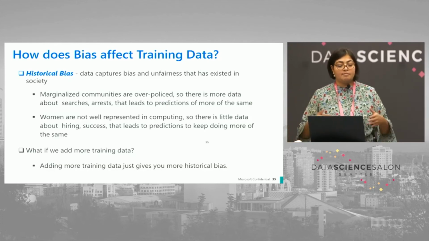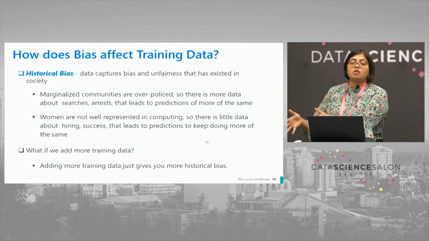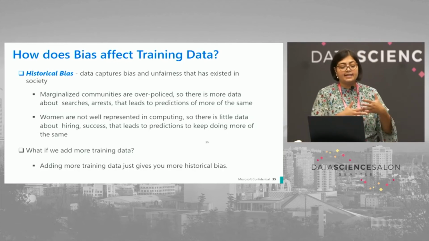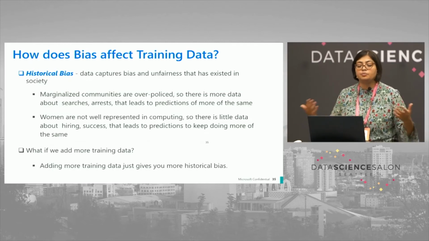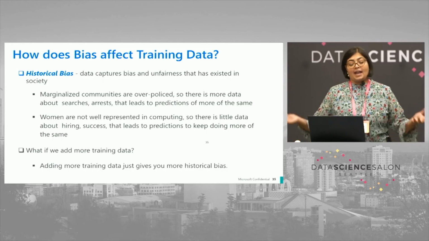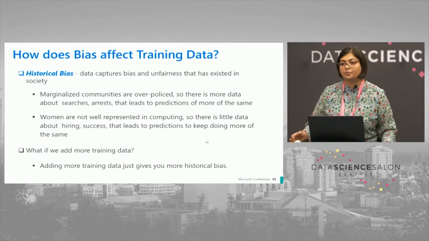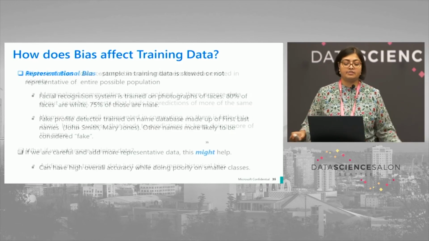Maybe there is not, but that's how the bias is introduced in the data. Women are not well represented in computing, so there's little data about hiring success that leads to predictions to keep doing more of the same, right? What if we add more training data? Adding more training data just gives you more historical bias, right? So it does not get rid of it.